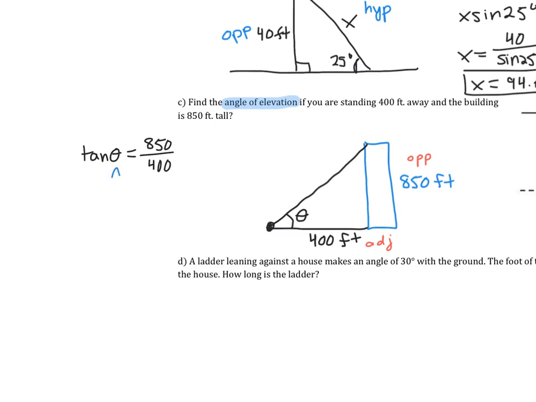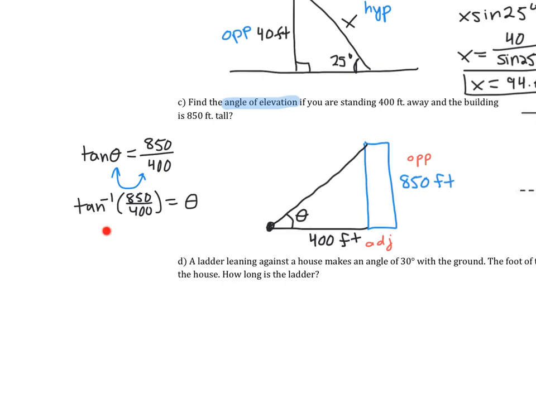Remember, when we're finding the angle, we swap these two values and we will now use arctangent of 850 over 400 equals theta. So remember, we read this arctangent of, and then the value, and then that will equal our angle. So we're going to plug this into your calculator,